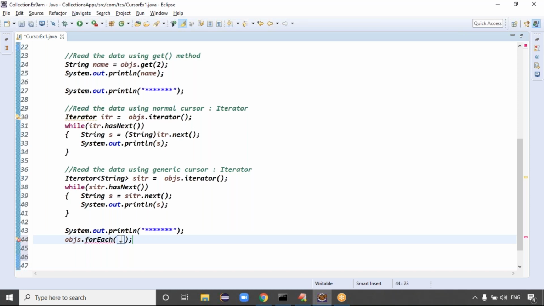Guys, did you get the clarity or not? The functional interface contains only one method, and that implementation can be put here using a lambda expression. Indirectly, here I write the implementation of which method now? The accept method.